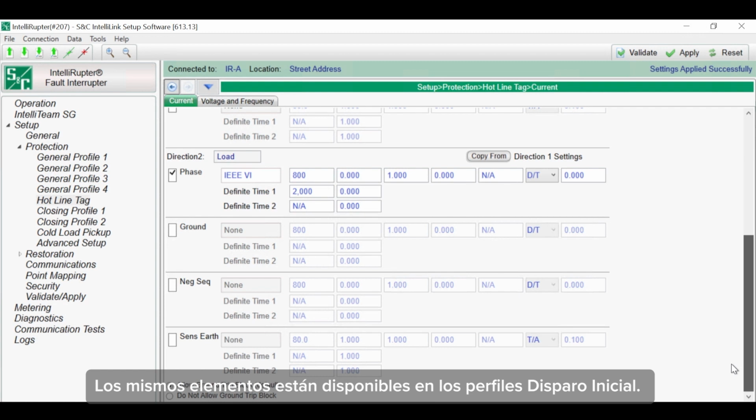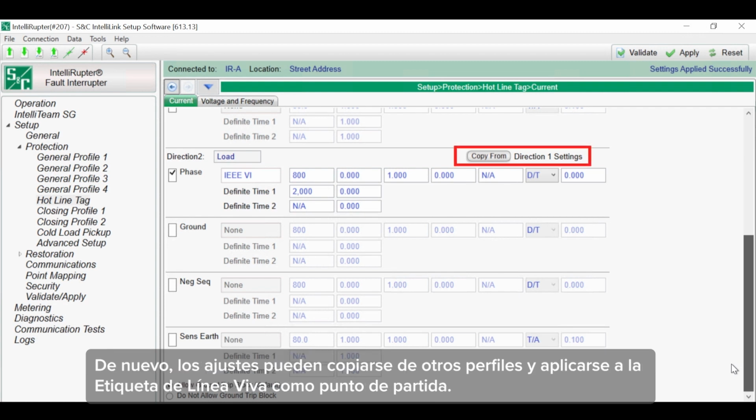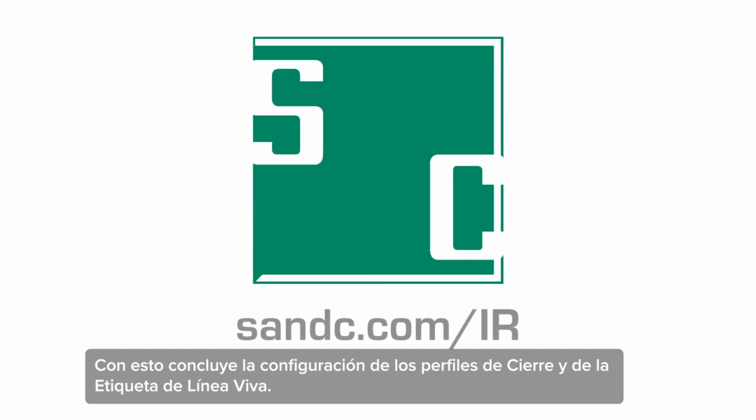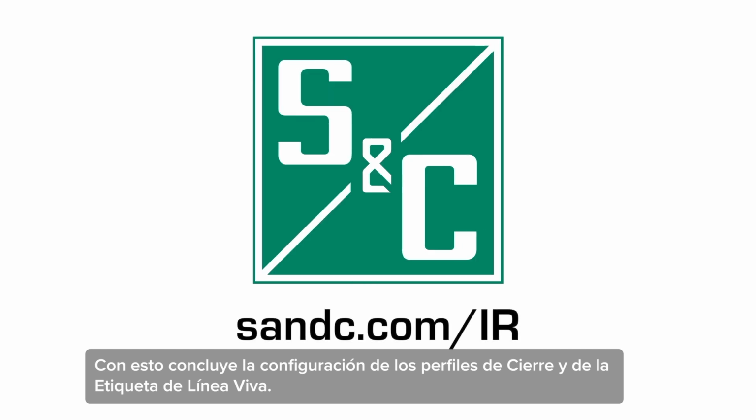The Hotline Tag profile consists of Direction 1 and Direction 2 sections. The same elements are available from the initial trip profiles. Again, settings can be copied from other profiles and be applied to Hotline Tag as a starting point. Voltage and frequency will also be applied after a copy function. This concludes configuration of closing and Hotline Tag